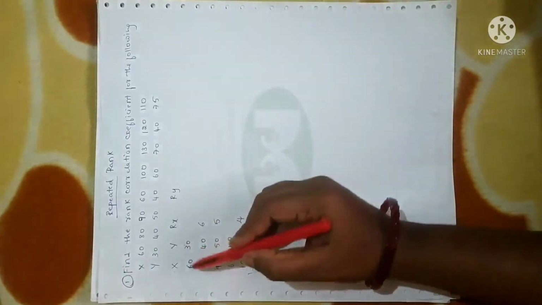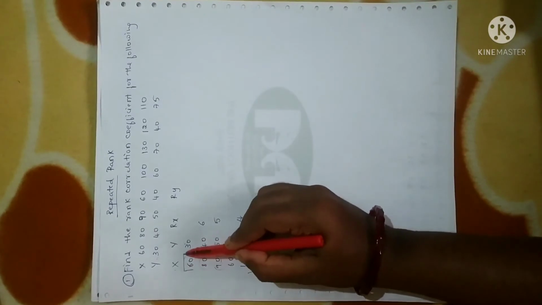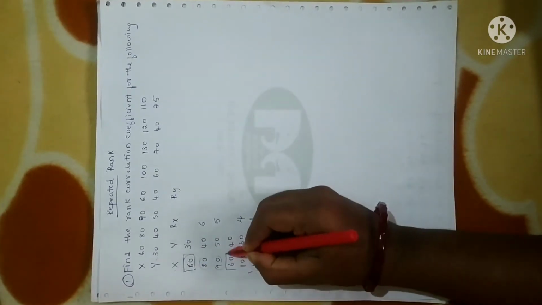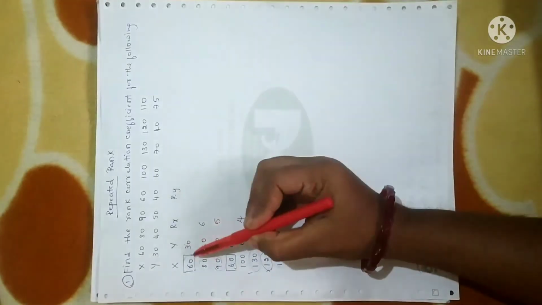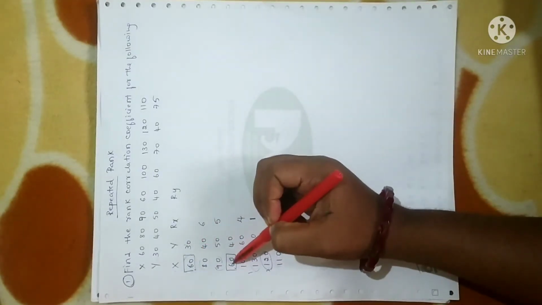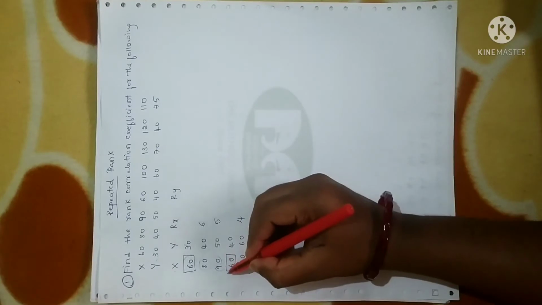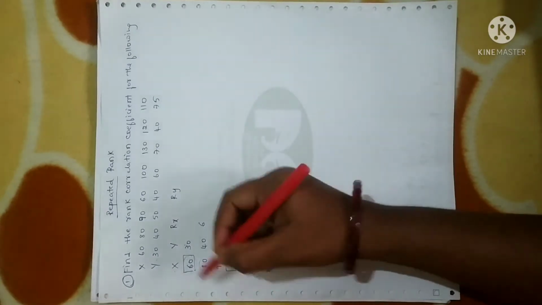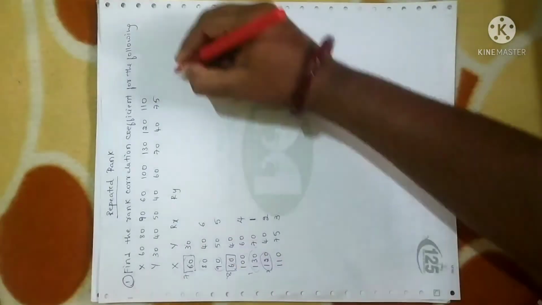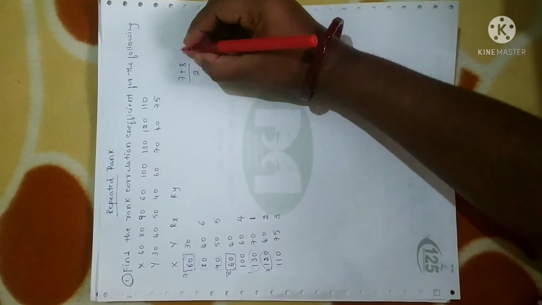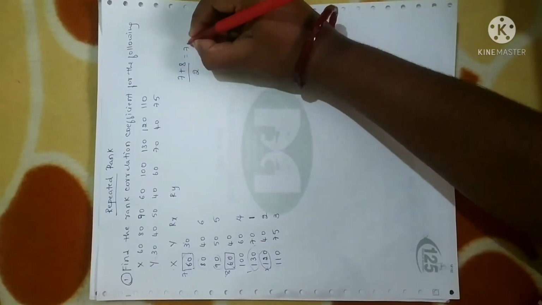Now next highest variable is 60, but you can note that 60 is repeated twice, right? Now we have to give 7th rank. So for which value are you going to give 7th rank? In such a case, what you should do is take one value as 7 and another value as 8. Now you add those two values, that is 7 plus 8, and divide it by 2. So when you divide it, you will get 7.5.